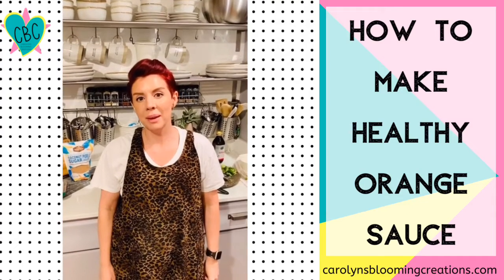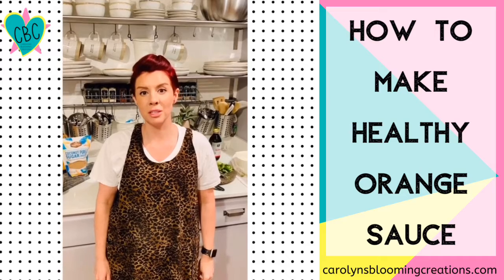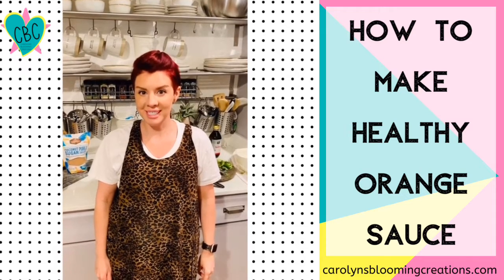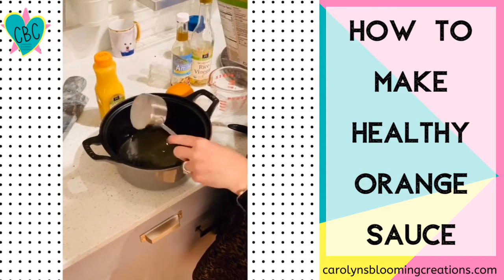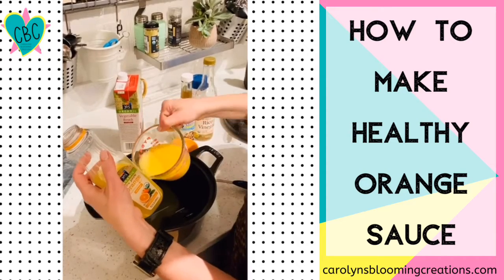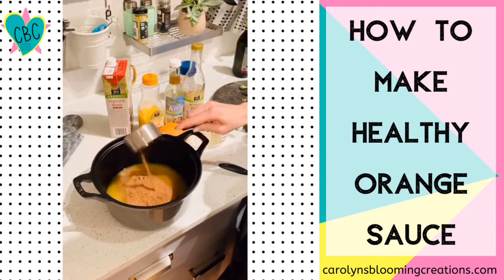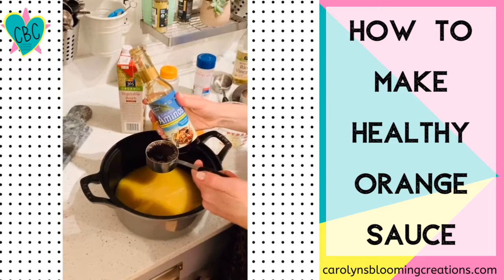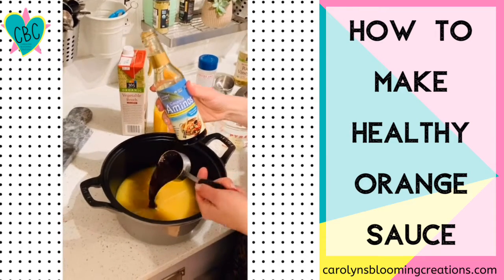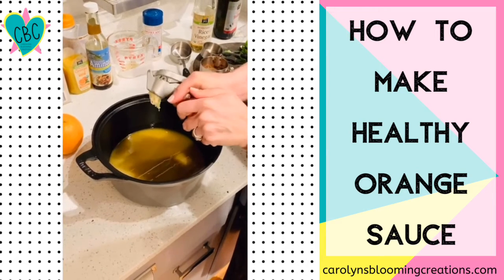This is how you make my delicious orange sauce that you can put on tofu, chicken, or vegetables. It's simply delicious. To a medium-sized saucepan, add a half cup low-sodium vegetable broth, 1 cup orange juice, a half cup coconut sugar, 1/3 cup seasoned rice vinegar, a 1/4 cup coconut aminos, 2 cloves pressed garlic, a 1/4